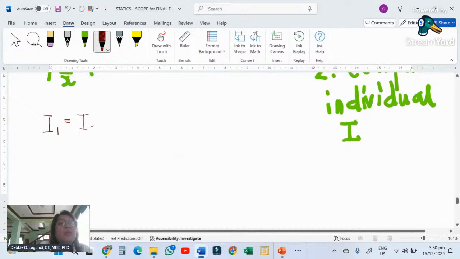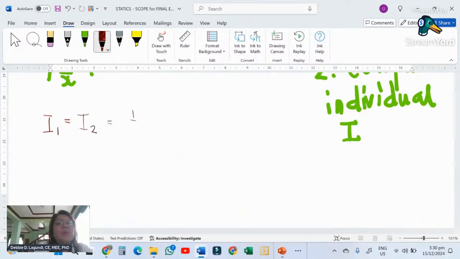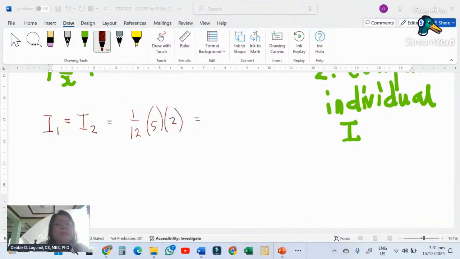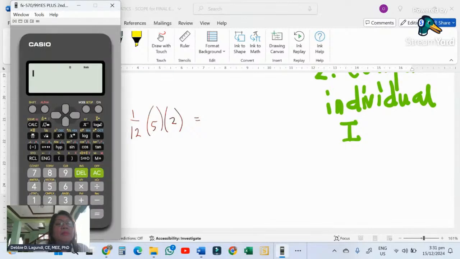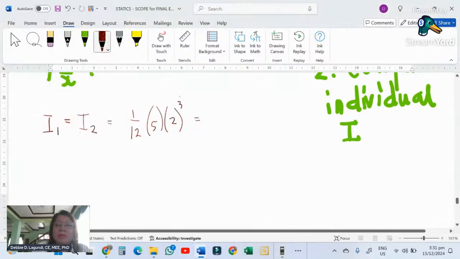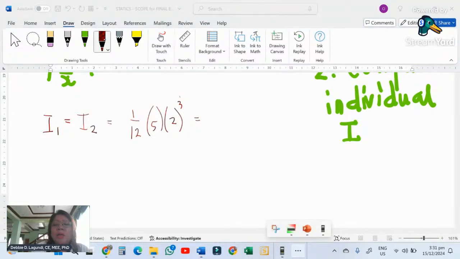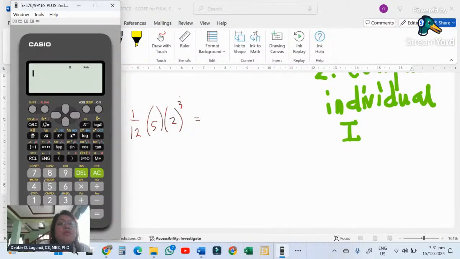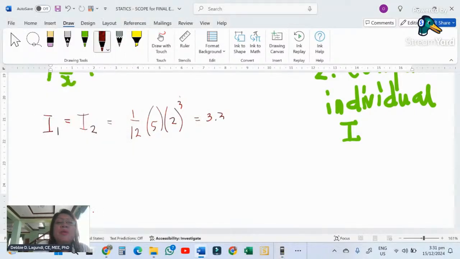I1 and I2 on their own neutral axis will be 1/12, the base is 5, and the height is 2. These are all in meters, so that will be 10 divided by 12. Okay, let's calculate that. There's a cube there, base times height cubed, okay? So we have 2 cubed is 8. 8 times 5 is 40 divided by 12. All right. So that would be 3.333